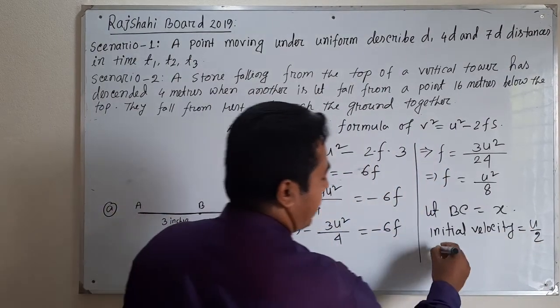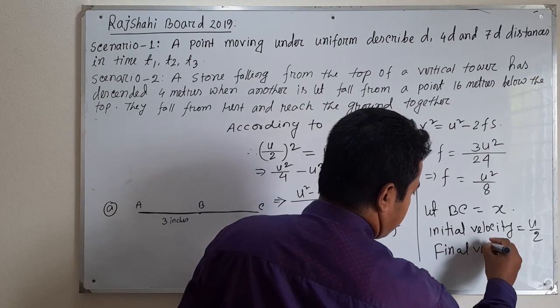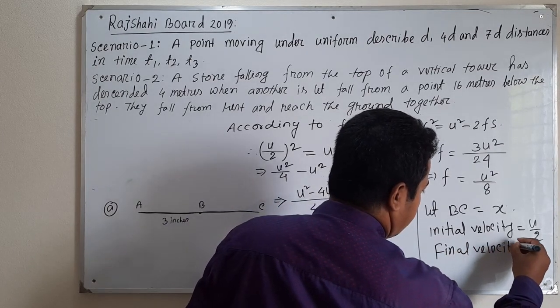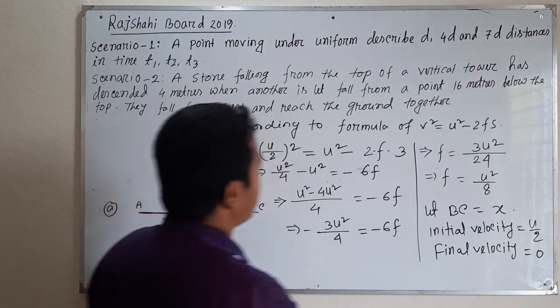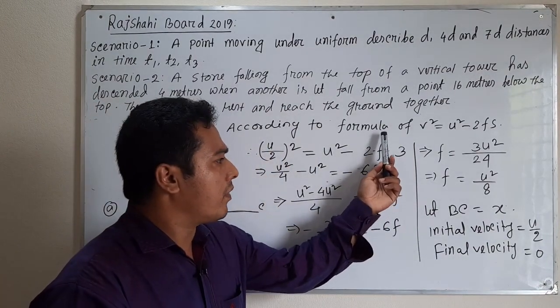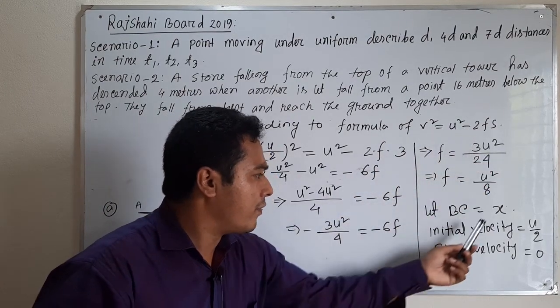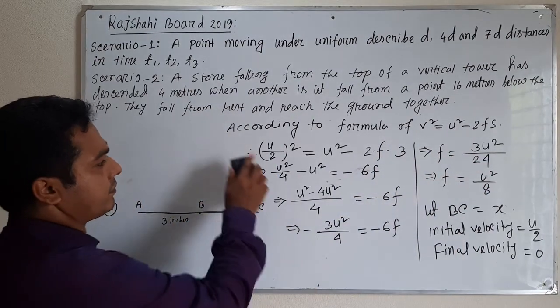Then final velocity is equal to 0. Same according to the formula v square is equal to u square minus 2fs, for BC we get